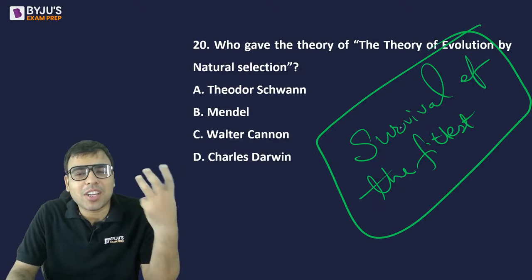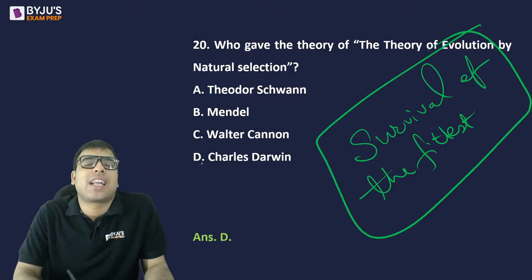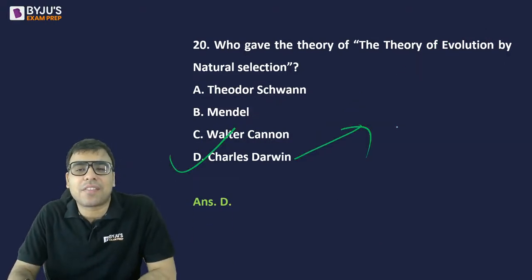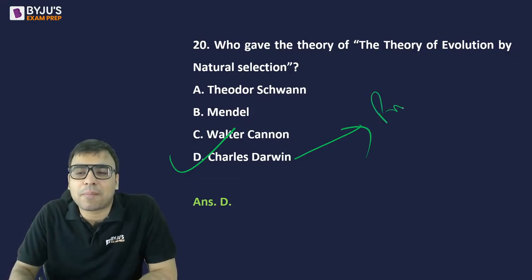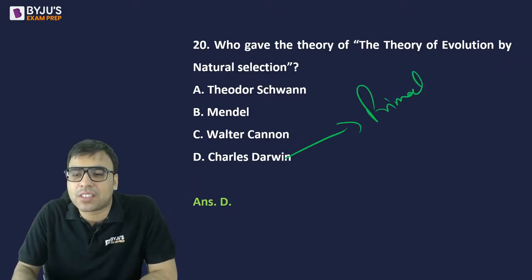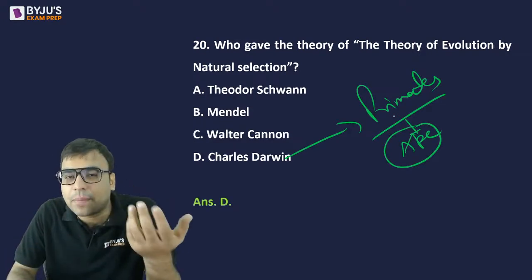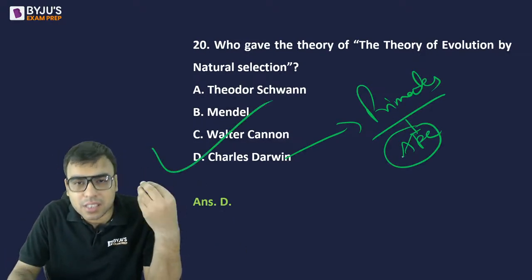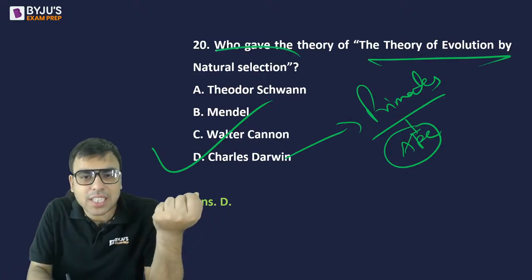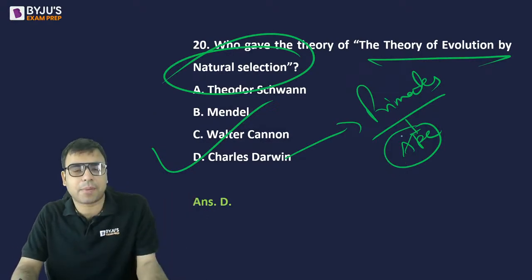So the theory of evolution by natural selection, the idea of survival of the fittest, was given by none other than Mr. Charles Darwin, है ना. And he gave the idea of evolution that once we were actually from primates. Primates समझो ना. Primates means actually we were once similar to monkeys, ape-like creatures थे. Then over a period of time we became human. That is the theory given by Charles Darwin. Okay. So theory of evolution. Yes. Natural selection वगैरह and all. Yes, C is the right answer. Aditya, Sneha, Nancy, Yashi, Shilpa, Sakshi, Prachi, you all are right.